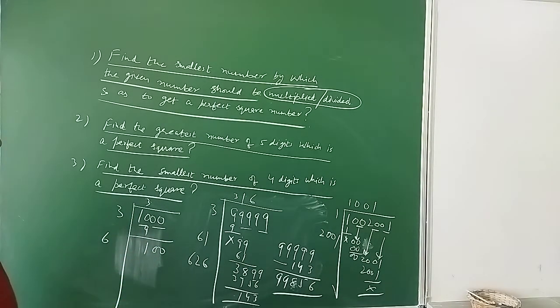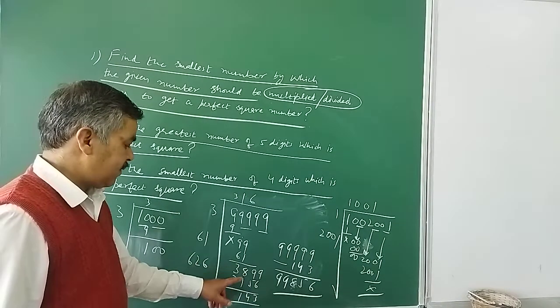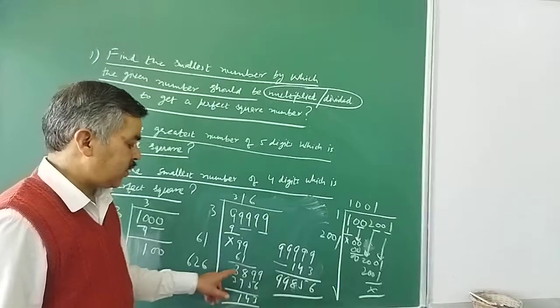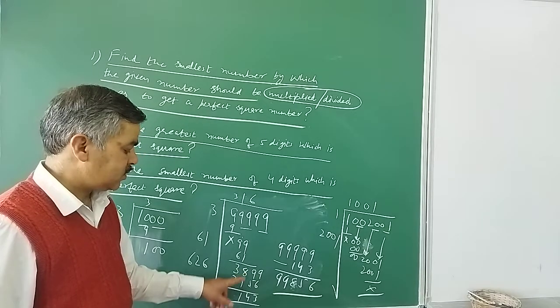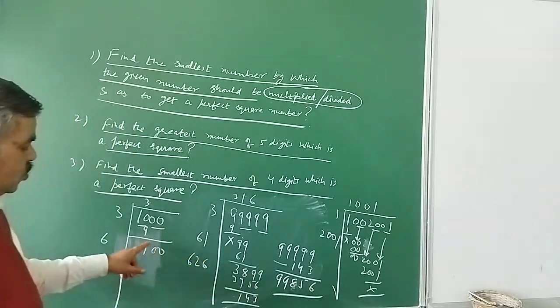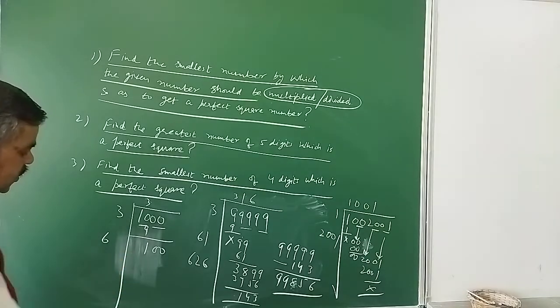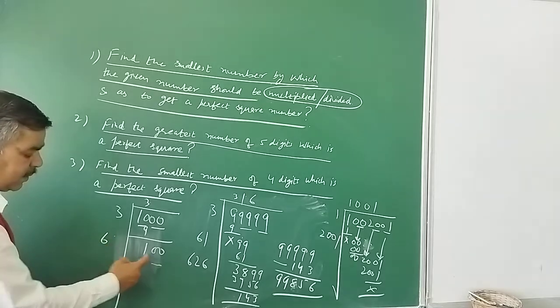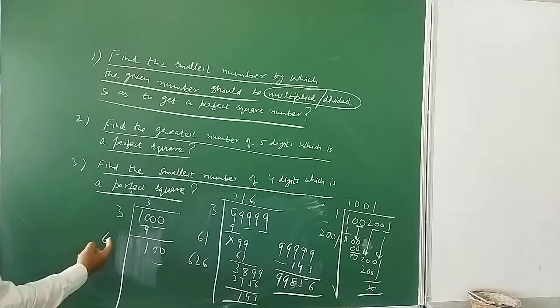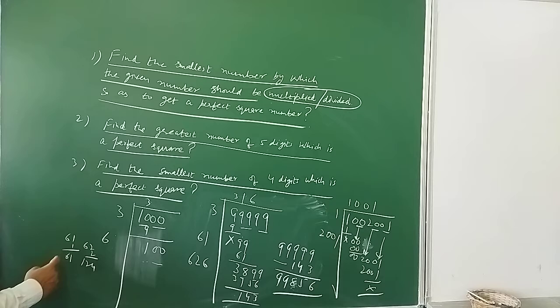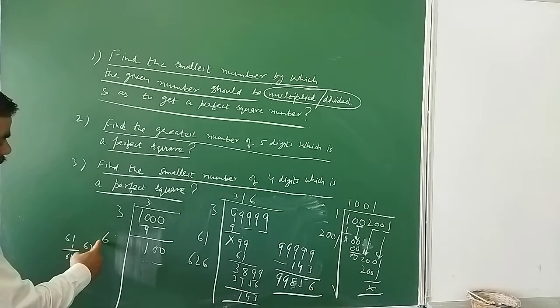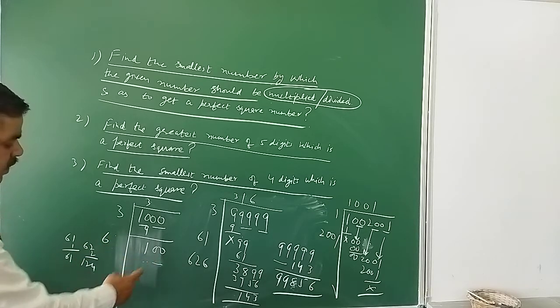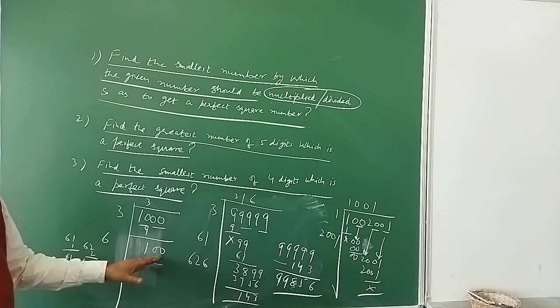Now what happens? Usually we try to get a number less than this number, so that I can subtract it to get the remainder. Here you have to do it in reverse. Usually you take 6 1s are 61, 6 2s are 124. So out of these two, if I put 1 here and multiply it by 1, it will be 61. That is the usual procedure we follow.